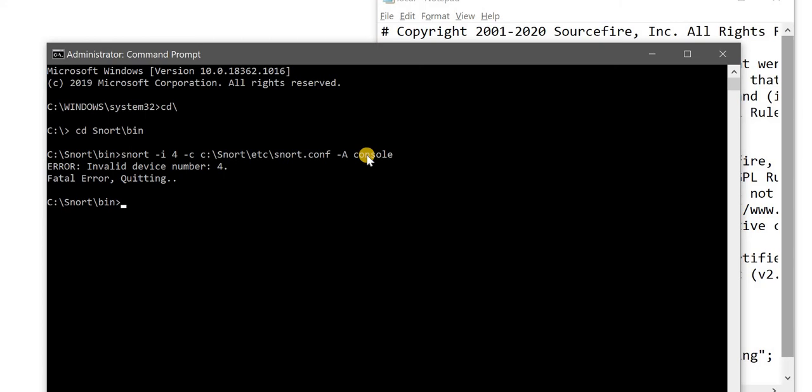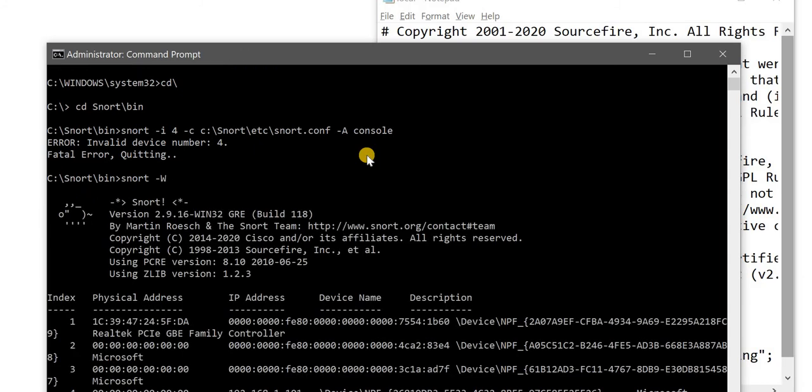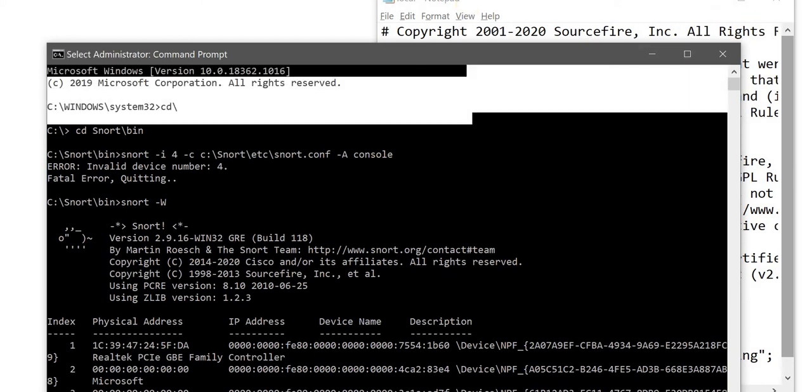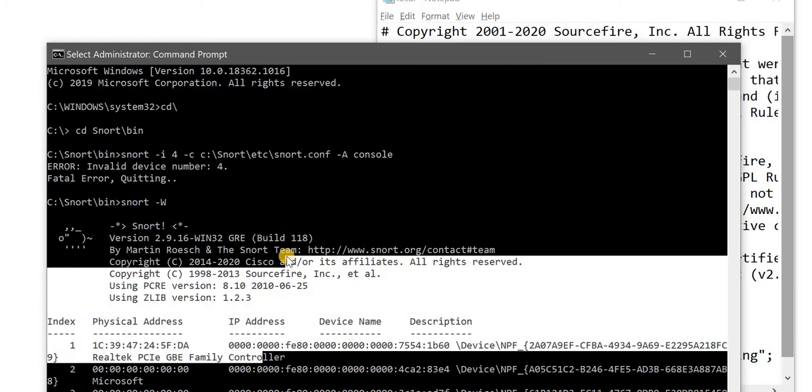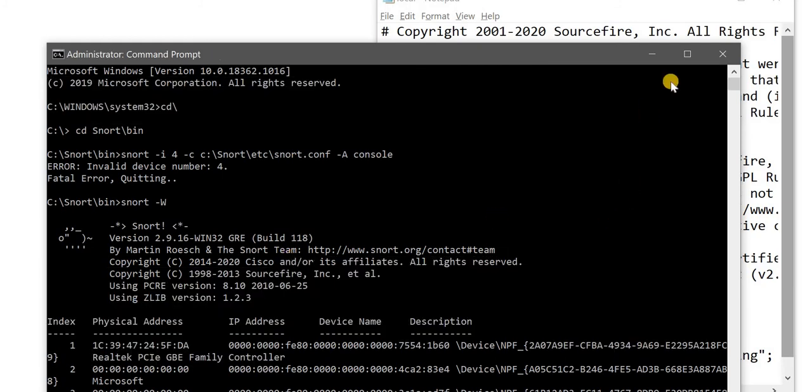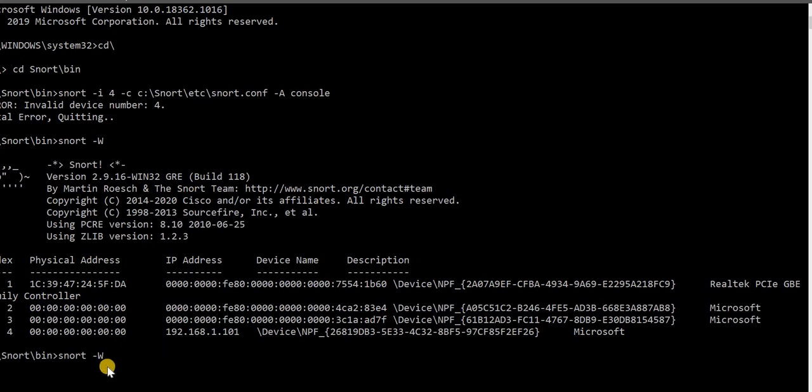Invalid device number, so I have to change the device number. How to check which device number is working? For that you have to use the command snort -W. It gives me the interface number which is working. So I have to give 1.